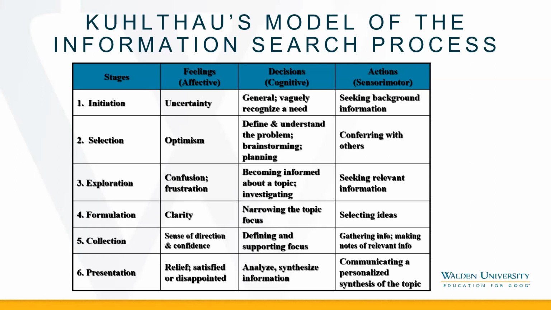And hopefully from there, you then move into this formulation phase where you start to have clarity around your ideas. Maybe you've discussed with your committee and gotten some advice. You've maybe reached out to the librarian. This phase is a good place for help and communication. And then you're able to narrow that topic focus and move forward by selecting ideas. And this is a point when your outline may become more organized. The topics and subtopics might be moving around and getting crossed out.